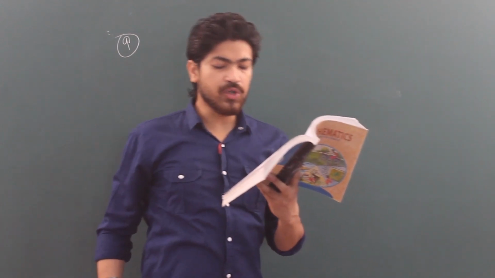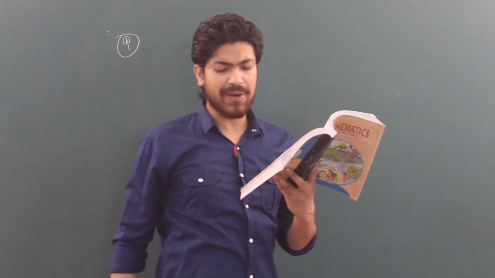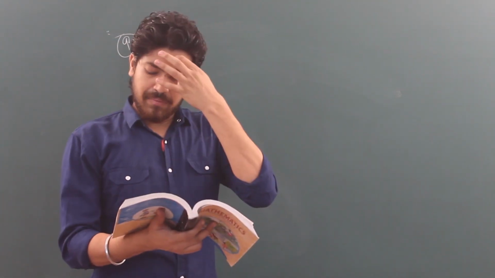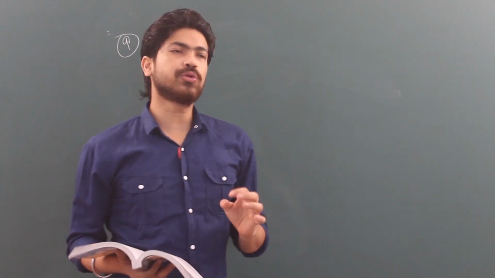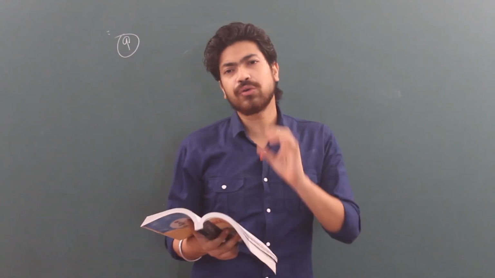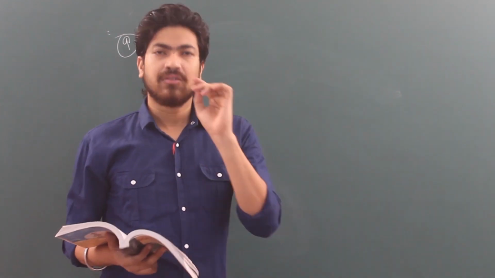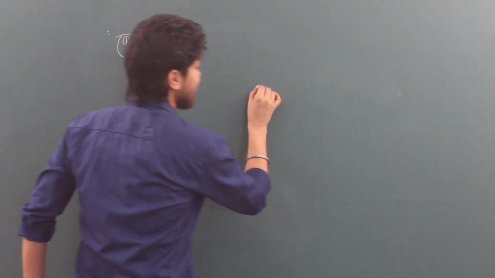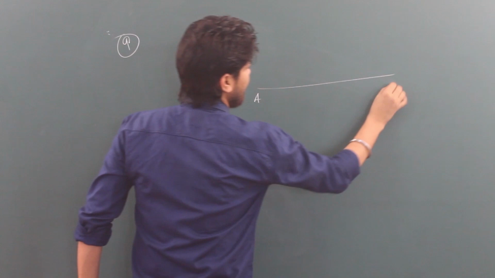Find the coordinates of the points which divide the line segment joining A(-2, 2) and B(2, 8) into 4 equal parts. तो इस क्वेश्चन का हिंदी का मतलब ये है कि -2 कमा 2 एंड 2 कमा 8 ये दोनों पॉइंट को जोड़ने वाला लाइन सेगमेंट को 4 इक्वल भाग में भाग करेगा, तो उस पॉइंट का आप कोऑर्डिनेट निकालो. That means you are given the coordinates of the two endpoints of a line segment. This is A, this is B.